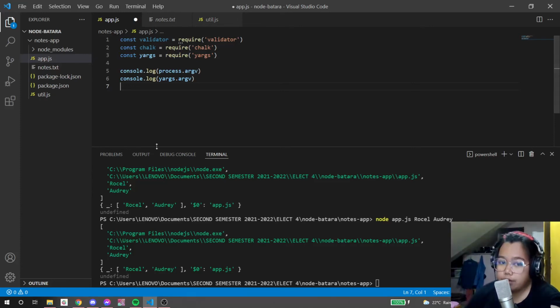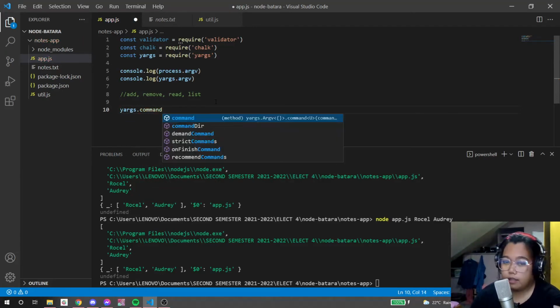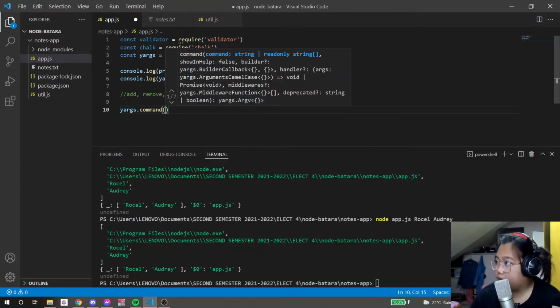Okay, so when we are using yargs right here, we can also create customizable commands. So let's try to create add. What we're going to do is create add, remove, read, and list. Okay, so let's have yargs.command, and then we're going to have